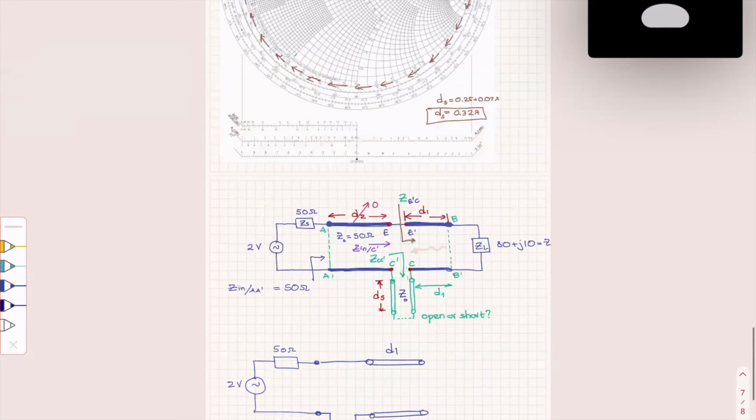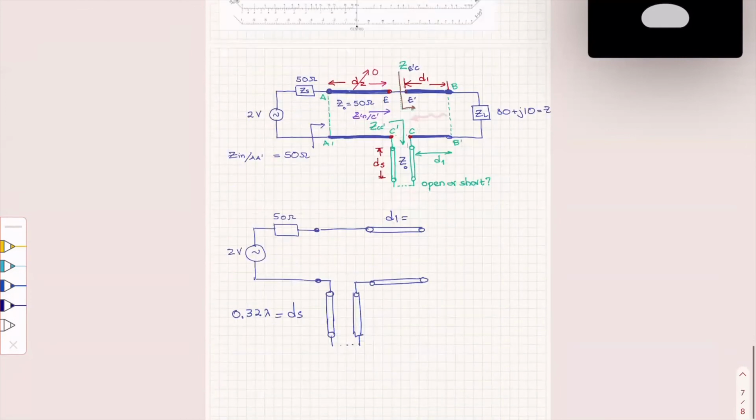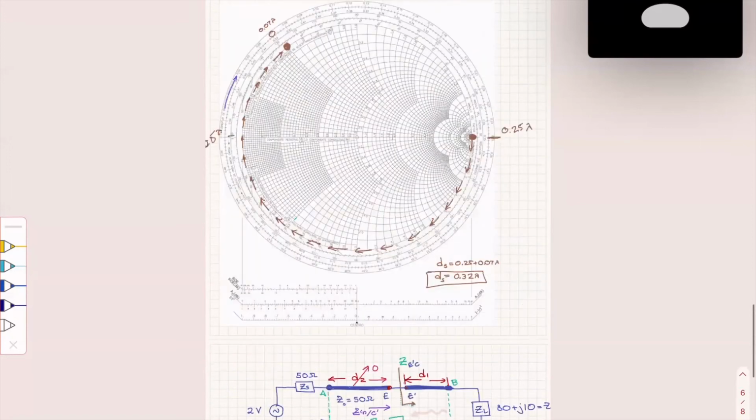And how much did I find D1? 0.127 lambda. And then I have my load, resistance and inductance. This is 80 plus J omega L for the design frequency, where omega L is J10. Now I want to find here, what did I say in the paper,